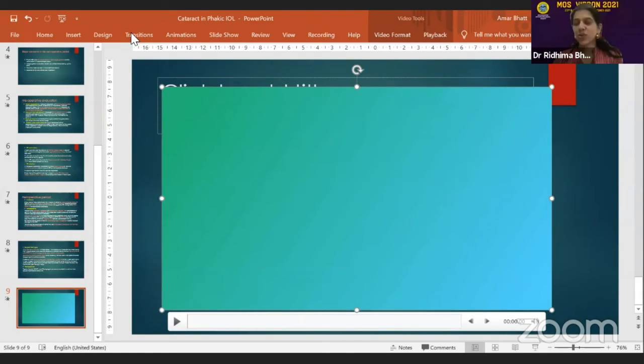I would like to ask the panelists, usually if you have a residual error post ICL, what is your procedure of choice to tackle it? I've done an exchange of phakic IOL in only one patient, and a surface treatment in one. But if there's a significant error, like a 1.5 cylinder, and the patient is unhappy, what is your procedure of choice to deal with a residual refractive error?